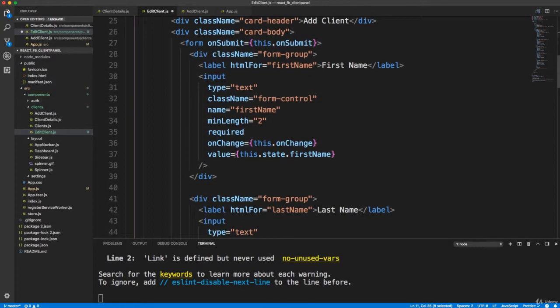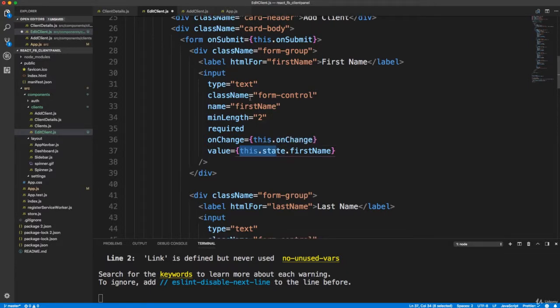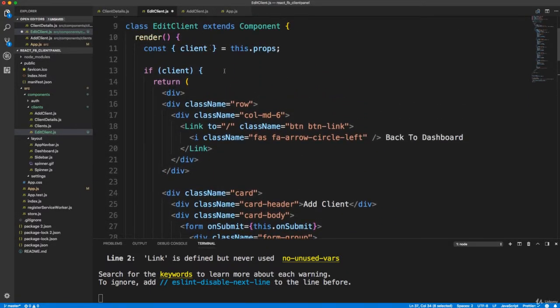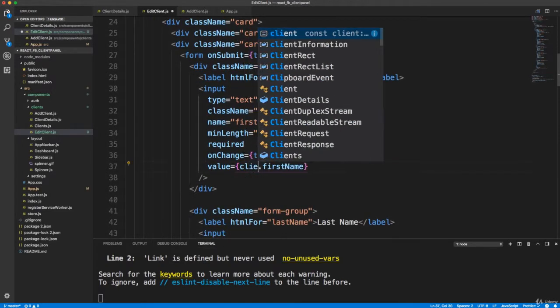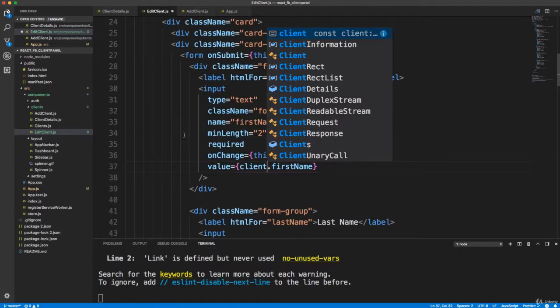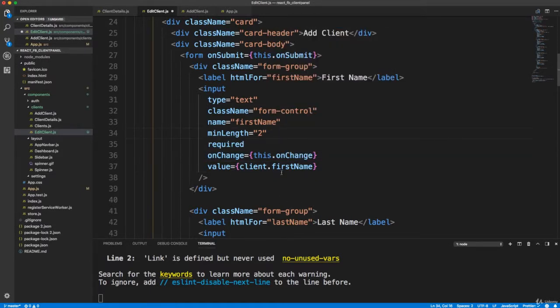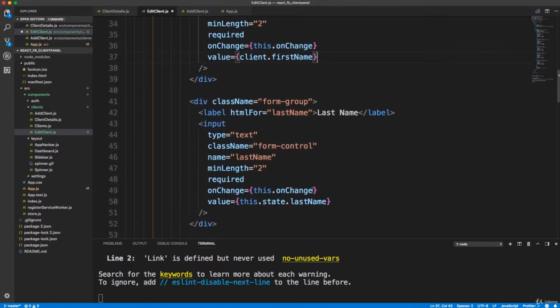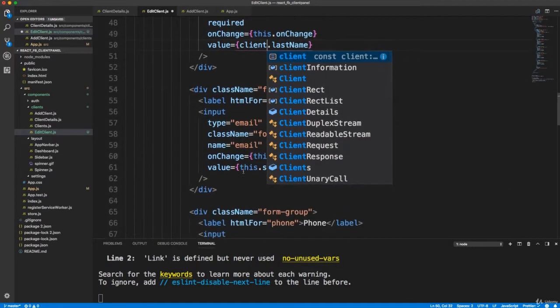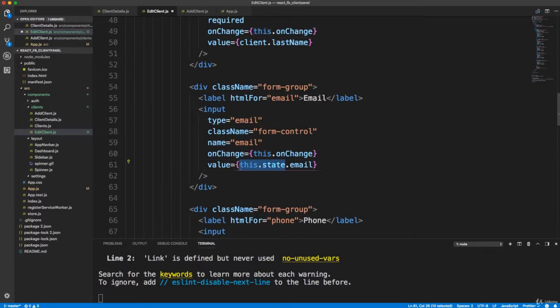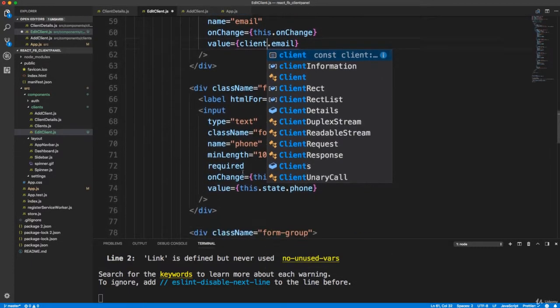Now, if we just use value equals this.props.client, or in this case, we already took client out of props up here using destructuring. But if I say client.firstName here, it's a controlled component, so I'm not going to be able to edit it. So let me just show you what happens if I change all these to client.lastName and client.email for the value,